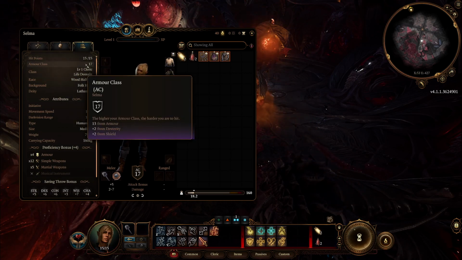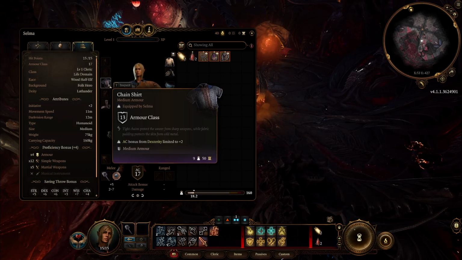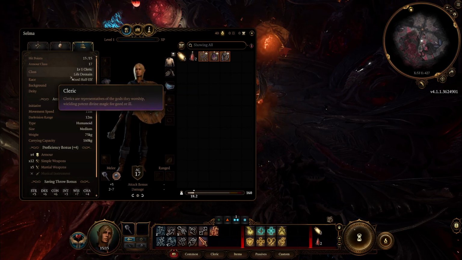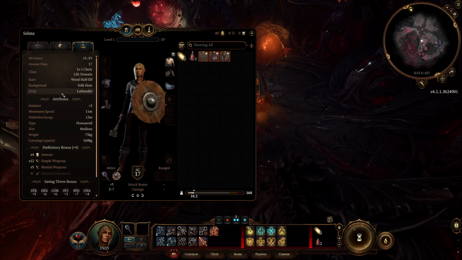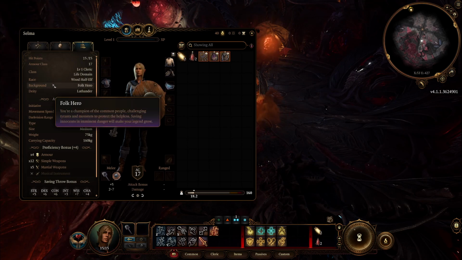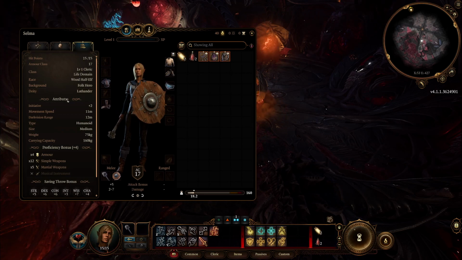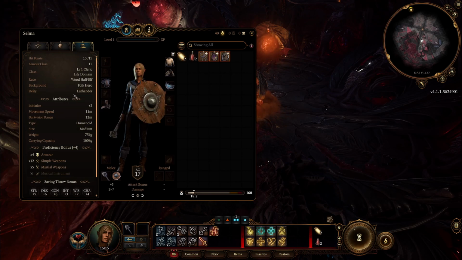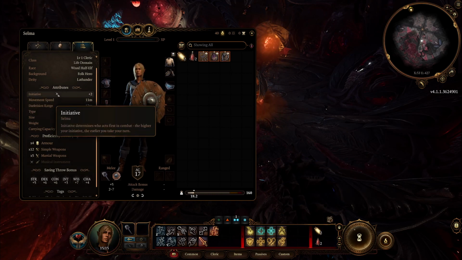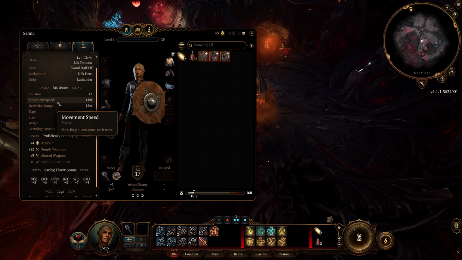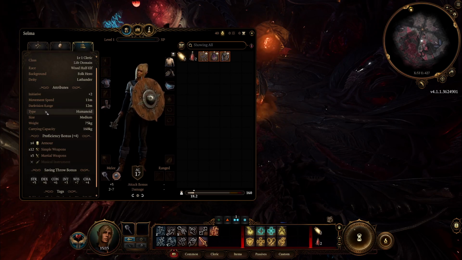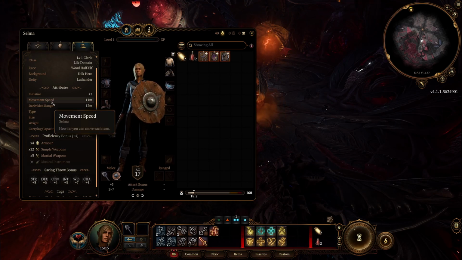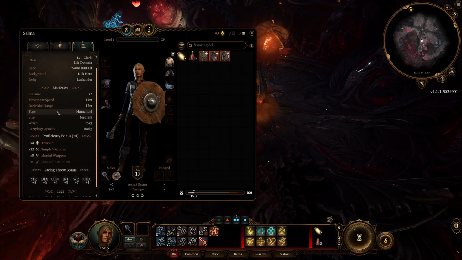And we have 15 hit points, 17 armor class right now because we have a medium armor equipped on us. We're a level 1 cleric in the life domain. We are a wood half elf. We are a folk hero. Lethander is our deity of choice. The god against undead and things like that. Initiative is +2 because of our dex. We have 11 movement speed. Dark vision range is 12 because we're a half elf. And a wood half elf gave us the 11 instead of the 9 that you usually start with.